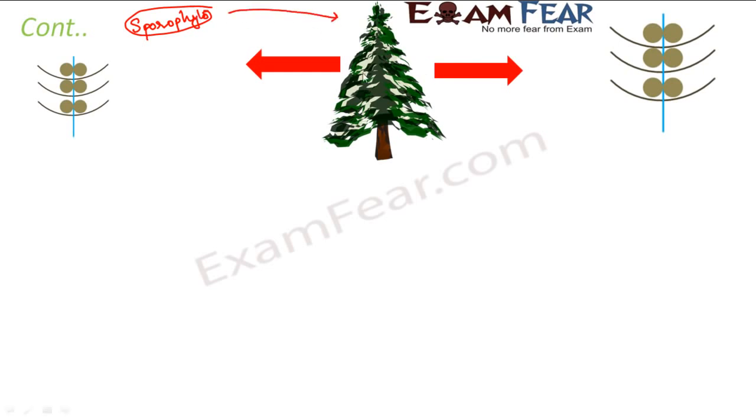So it will have the spores somewhere. So now if you see the male and the female spores, this plant will have both the male cones as well as the female cones. Now here I am trying to show you the male cones, and here I am trying to show you the female cones. Inside the male cones you will have the male sporangium, and the male sporangium will consist of